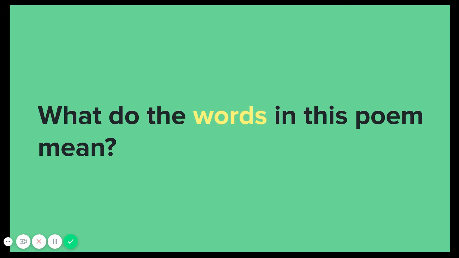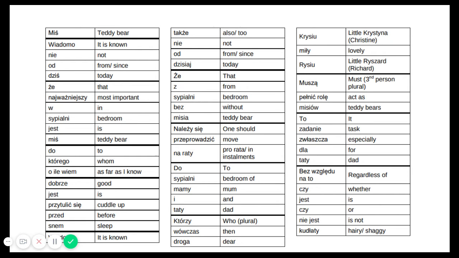Here's where I would start translating this poem. I would ask, what do the words mean? I would start with the simple things, the words. If you don't know Polish very well, or if you don't know Polish at all, the first step can be to create a glossary. A glossary is a set of words and phrases from a text with their translations. We have one for Mish available here. This helps you see what the poem is about.